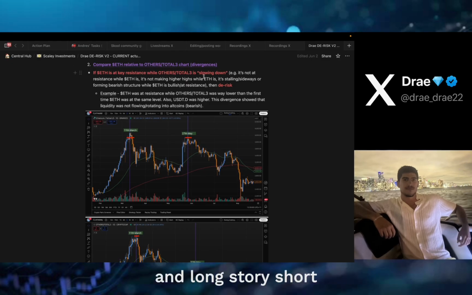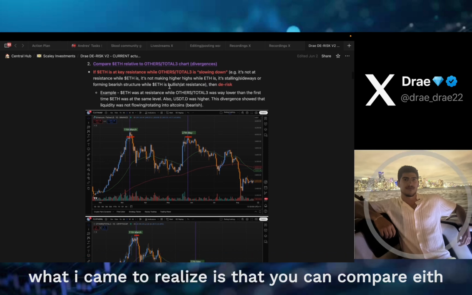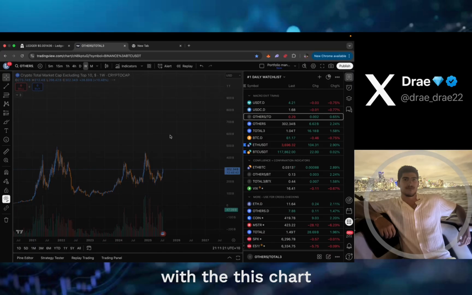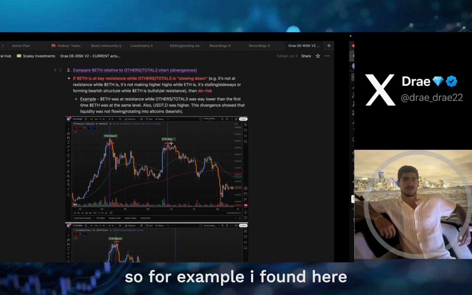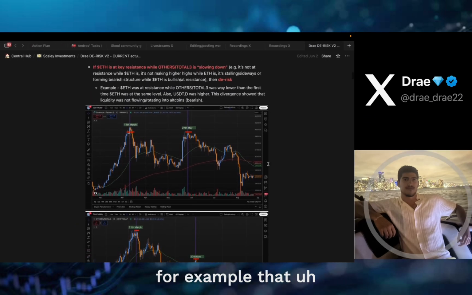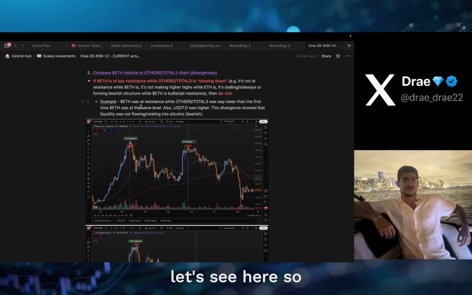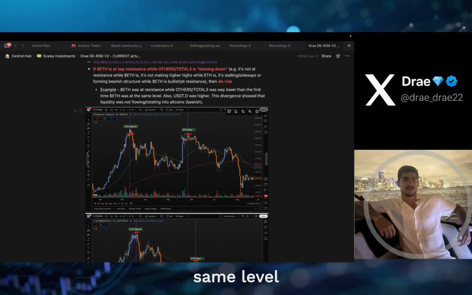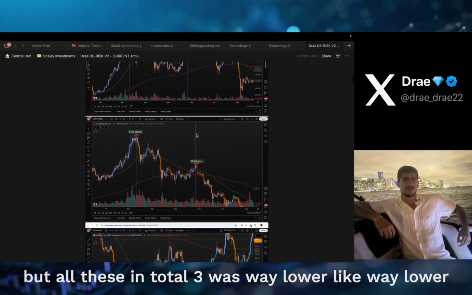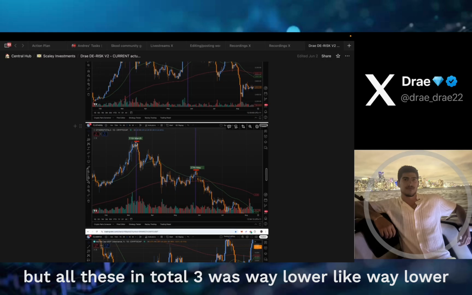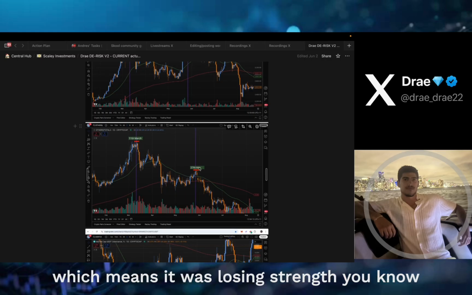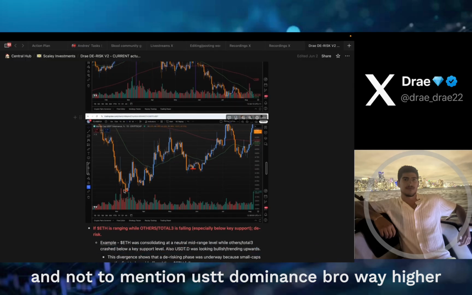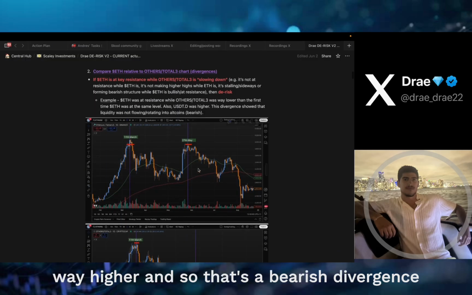And long story short, what I came to realize is that you can compare ETH with this chart. You can compare it because you can find divergences. So for example, I found here that ETH was at a same resistance level on the 11th of March and 27th of May. Okay, same level, but others in total 3 was way lower, like way lower, which means it was losing strength, you know, and not to mention USDT dominance, bro, way higher,